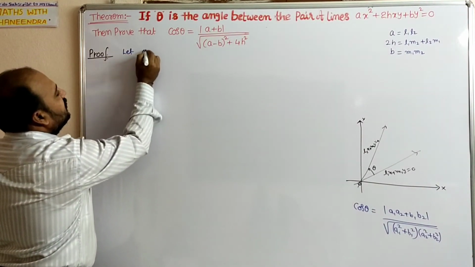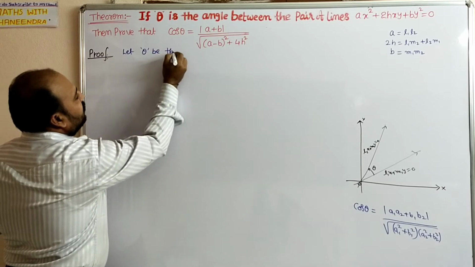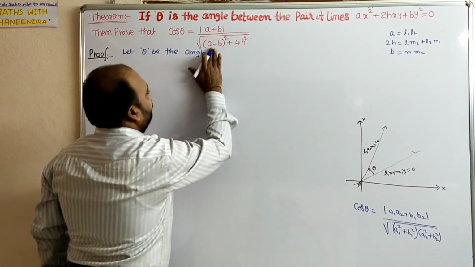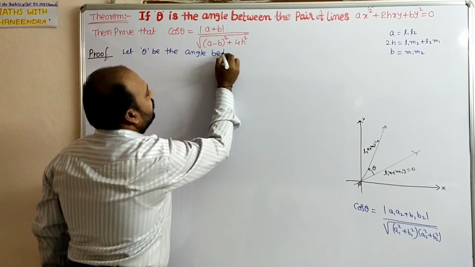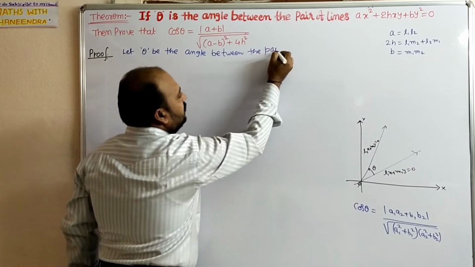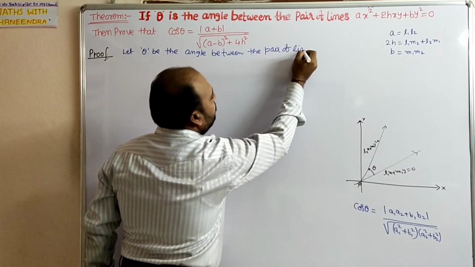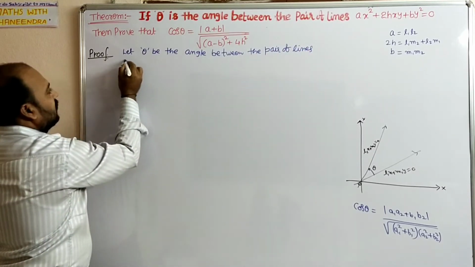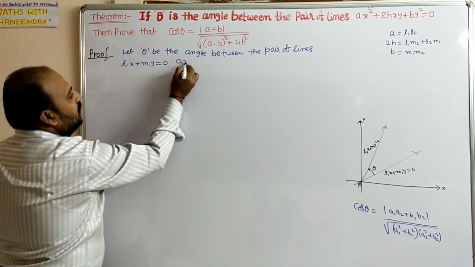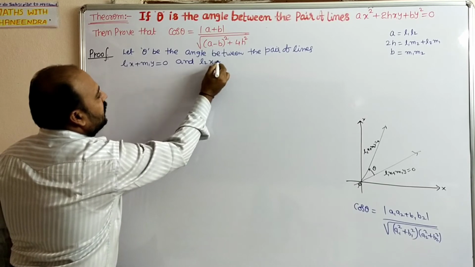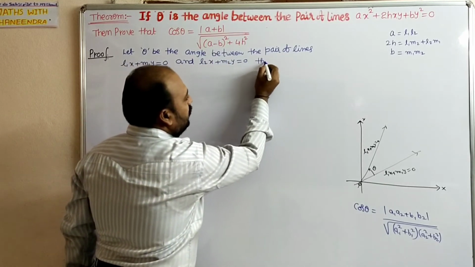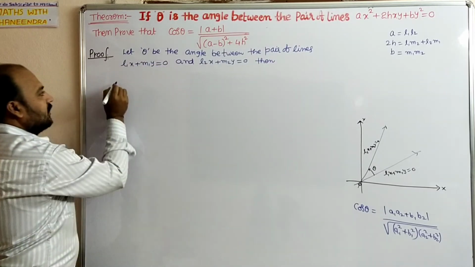Let theta be the angle between the pair of lines L1x plus M1y equal to 0 and L2x plus M2y equal to 0. Then we have cos theta equal to